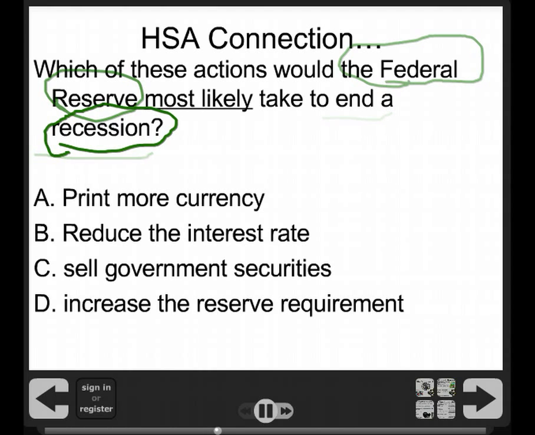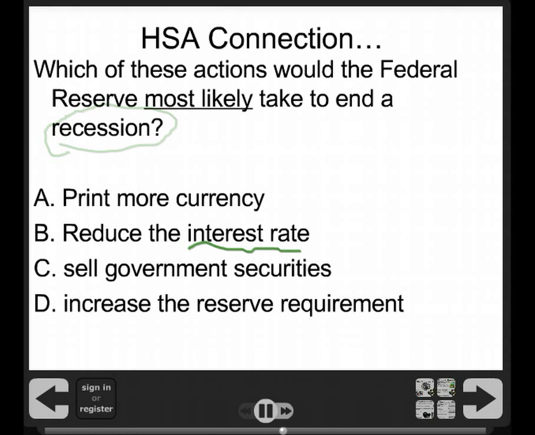Well, we talked about how the Federal Reserve primarily uses interest rates. And we also talked about how when we're in a recession, people aren't spending lots of money, businesses aren't making lots of money, therefore people are getting fired and laid off. If the government reduces